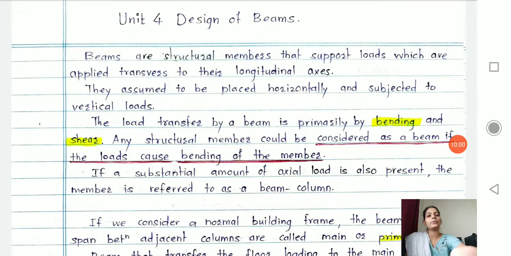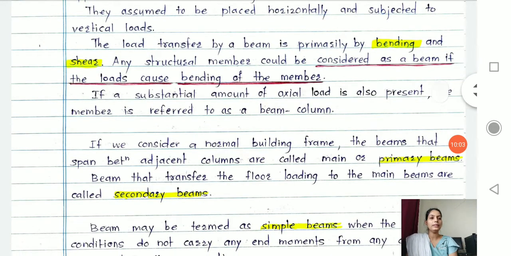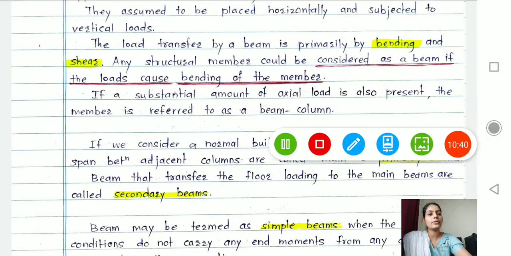on the same note, if you remember, in the third unit we understood the beam column concept, and there I said that any member which carries a load in the transverse direction, we called it a beam. Any member which is horizontal in position but transfers the load in its transverse direction or transverse plane, but if it is subjected to a point load on its transverse plane, not a uniformly distributed load but a point load. Let me draw it for you.